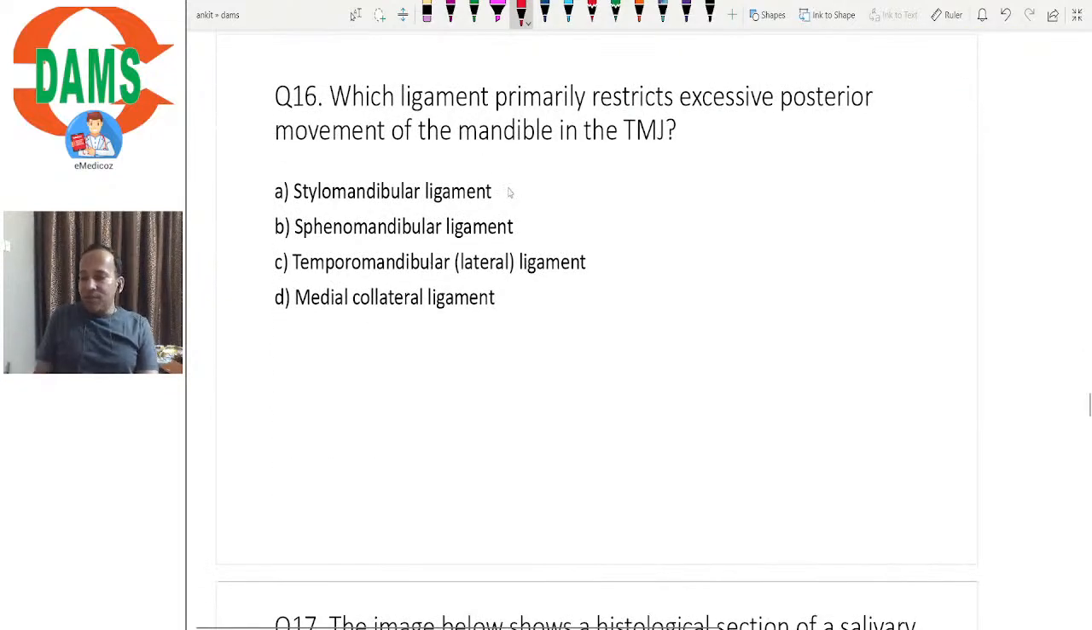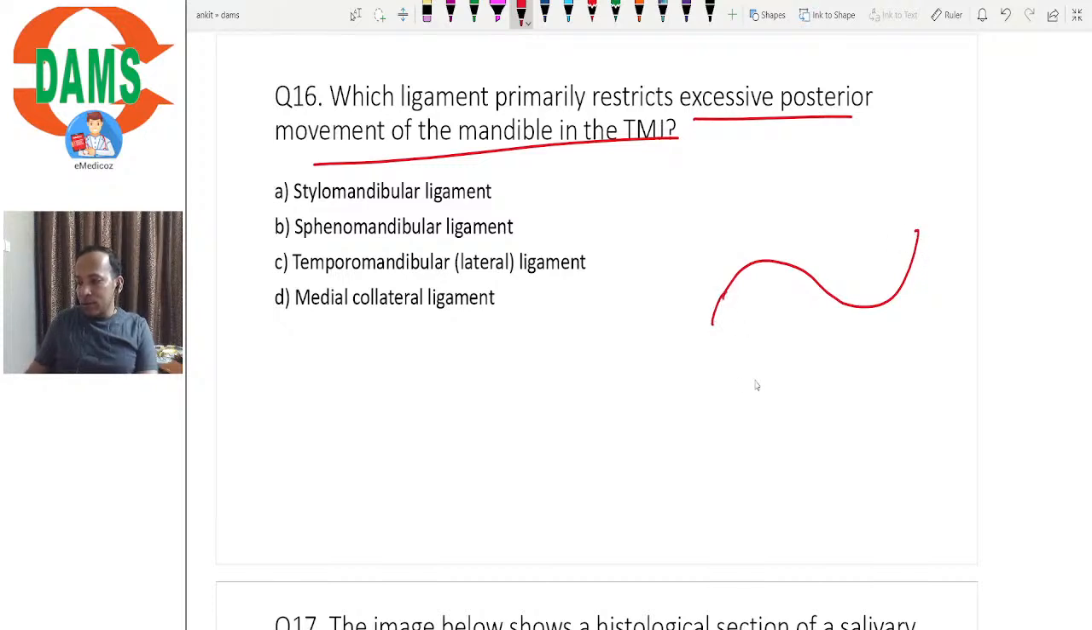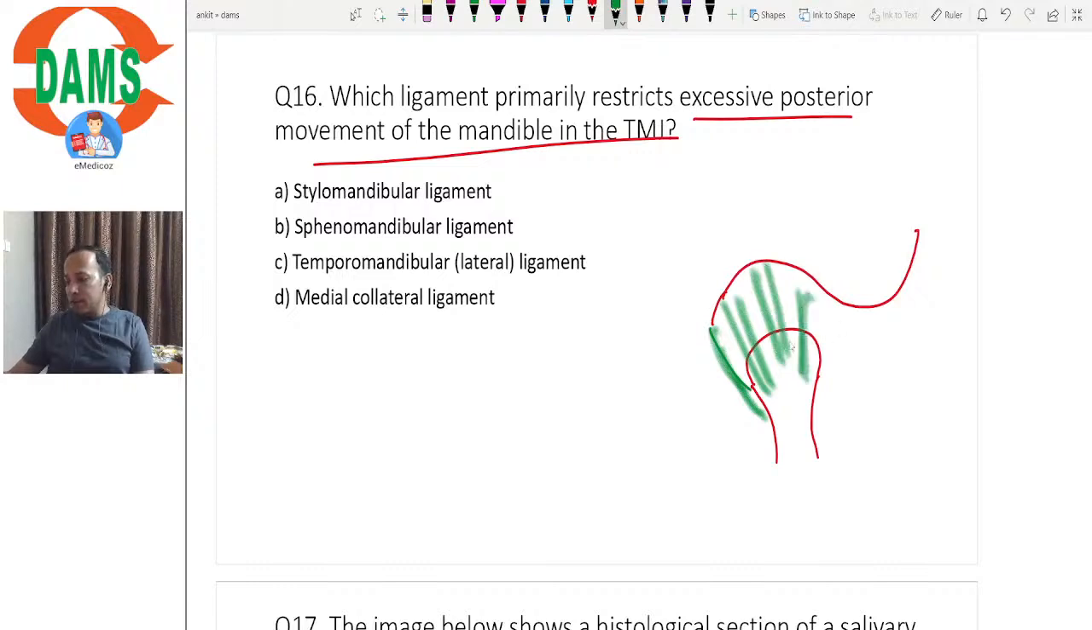Next question, which ligament primarily restricts excessive posterior movement of the mandible in TMJ? तो excessive posterior कौन करेगा? जो इस जॉइंट को सब तरफ से ढक करके रखेगा, राइट। सो बेसिकली इट इज द कैप्सूल, बट स्पेसिफिकली अगर हम बात करें,